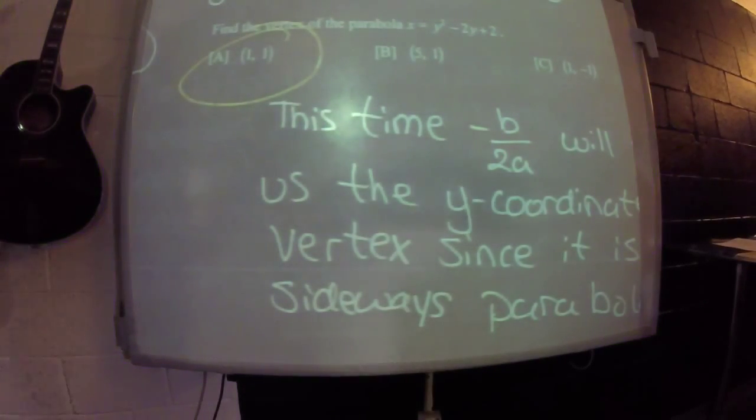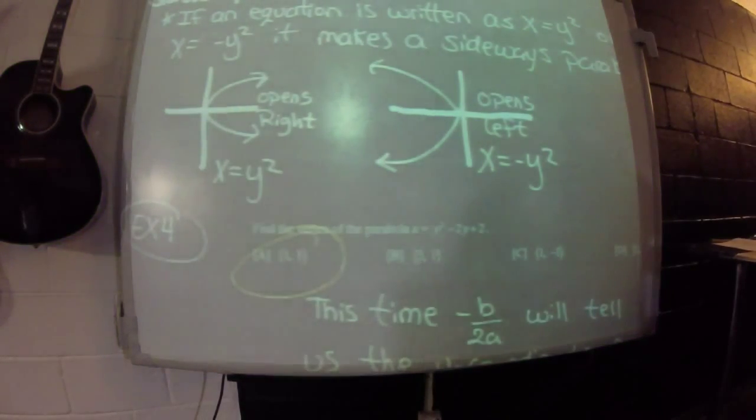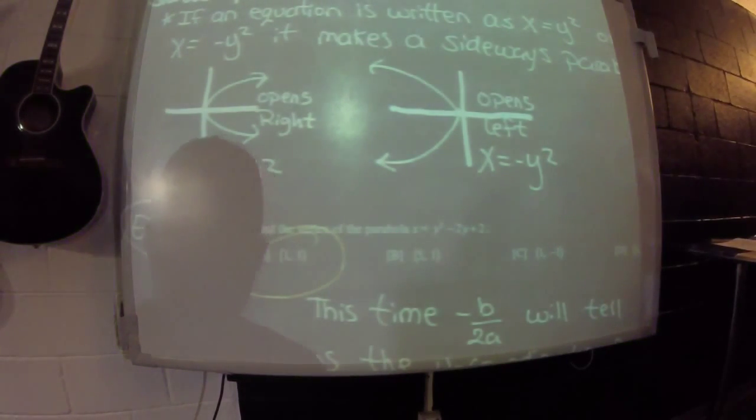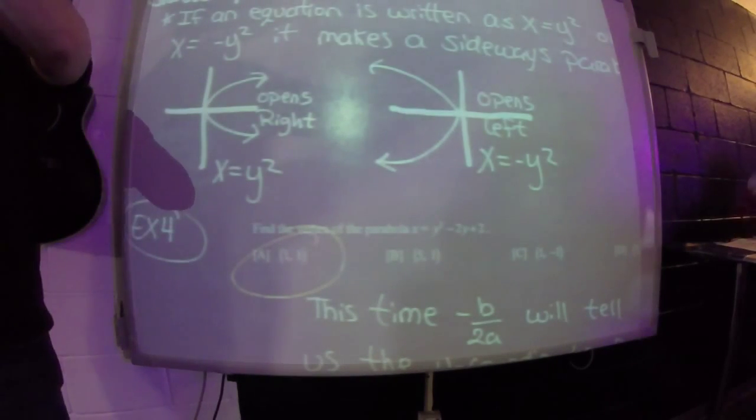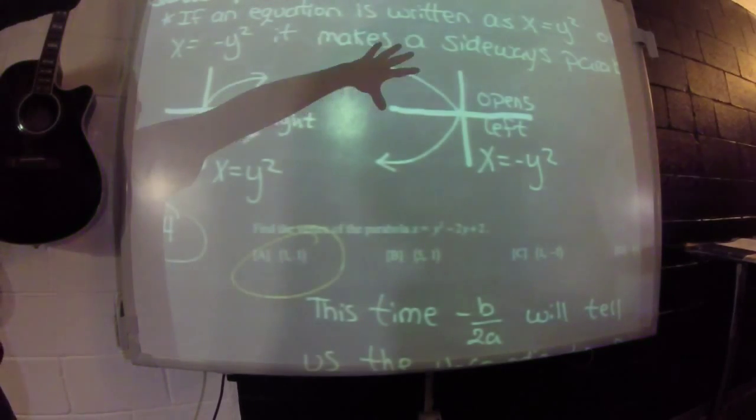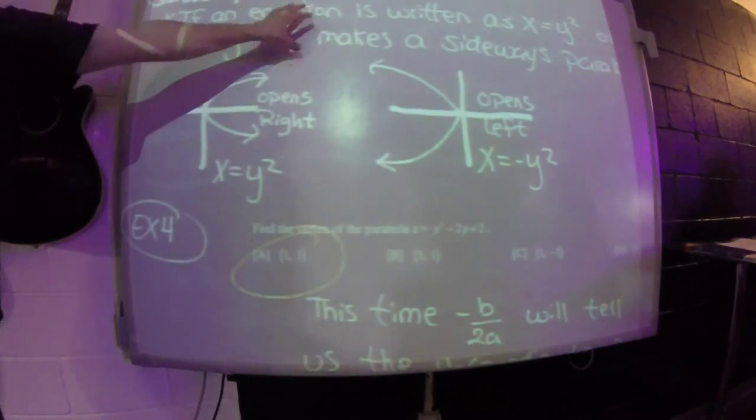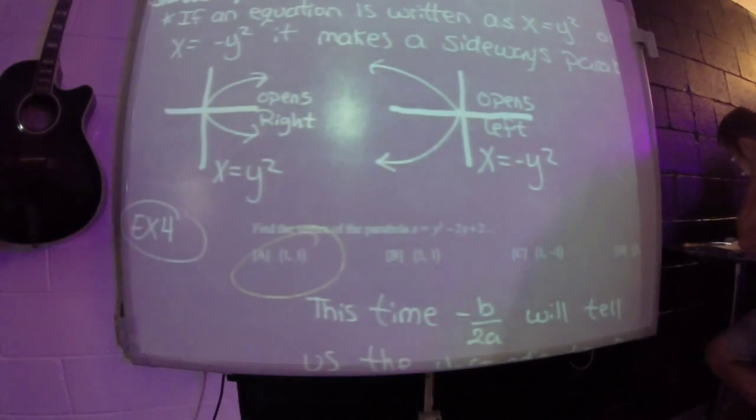All right, to wrap up this whole sideways parabola business, if they ask you to find the vertex, how do you know if you are looking at a sideways parabola? It'll be x equals y squared. The difference between a regular parabola and a sideways parabola is that negative b over 2a on a sideways parabola tells you what? The y instead of the x. So if you're looking at a sideways parabola, do negative b over 2a, but understand that's the y coordinate, not the x coordinate. And that's it for